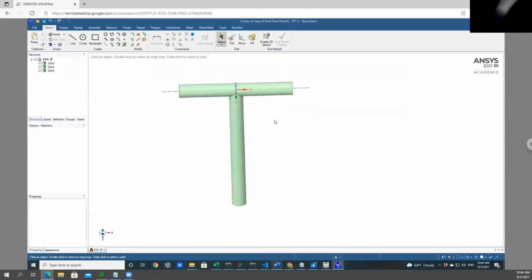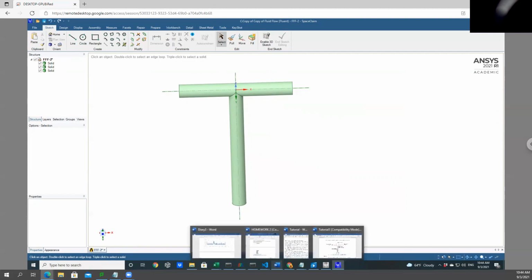And I won't be able to show you how to get the curvature, but if you watch the YouTube videos, they will show you how to make this: instead of making them horizontal, add a curvature and then extrude your cylinder through that curvature. So instead of being horizontal, it will look like this or like this, right? So that's for you to practice, right? So now let's go to the next step,